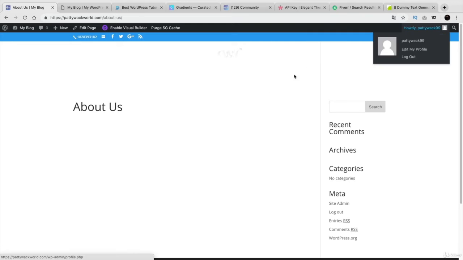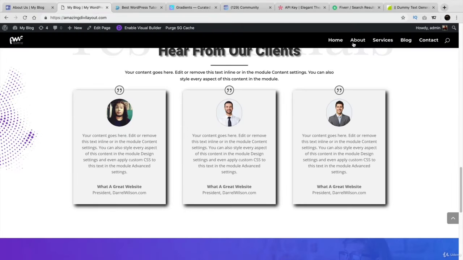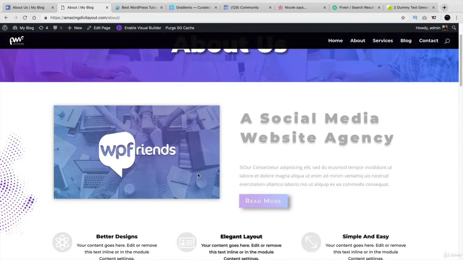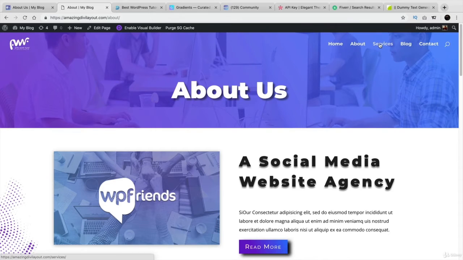Ooh, translate this page, huh? No. So we're going to go ahead and make this one right here. And this is basically the last section of the page builder, because then I'm going to give you a layout for the services, the contact, and then we're going to talk about the